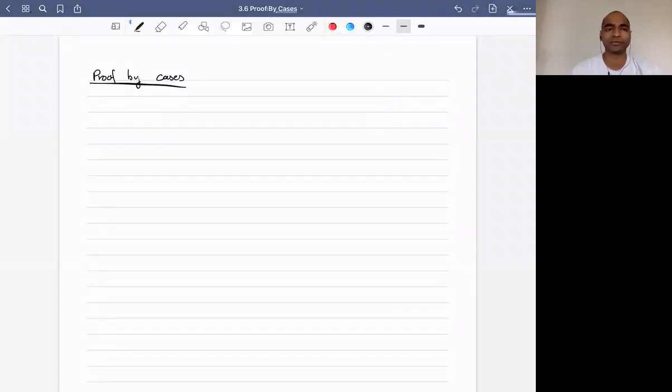The last proof technique we want to talk about before we do induction much later in the semester is proof by cases. Proof by cases is not really an entirely new technique. You've already been doing cases in various other forms in mathematics. For example, when you define a piecewise function,